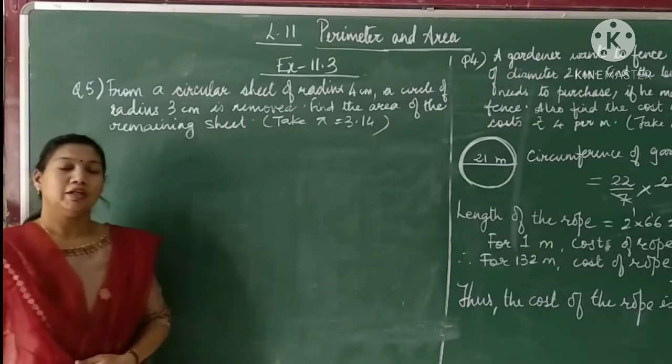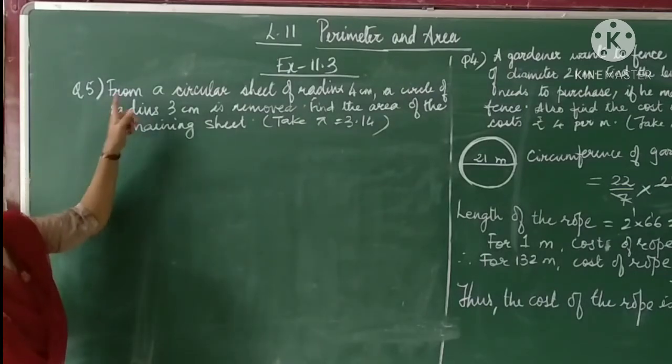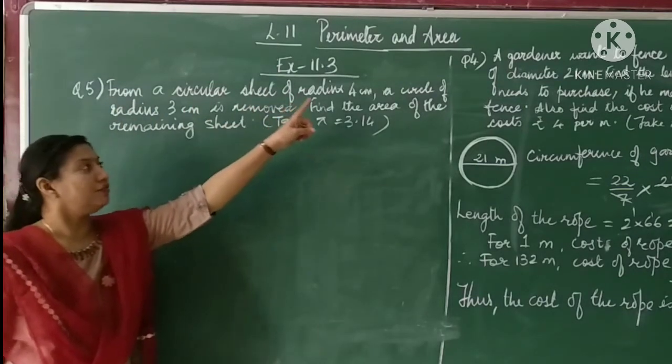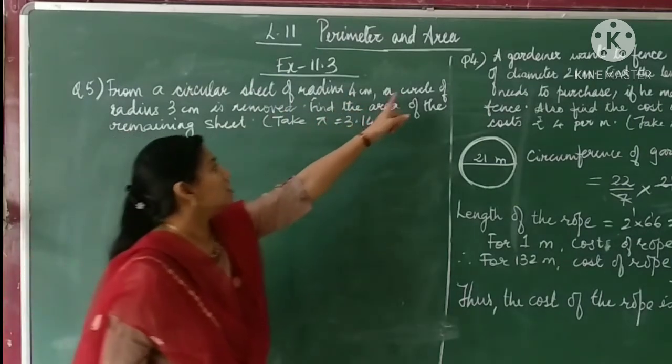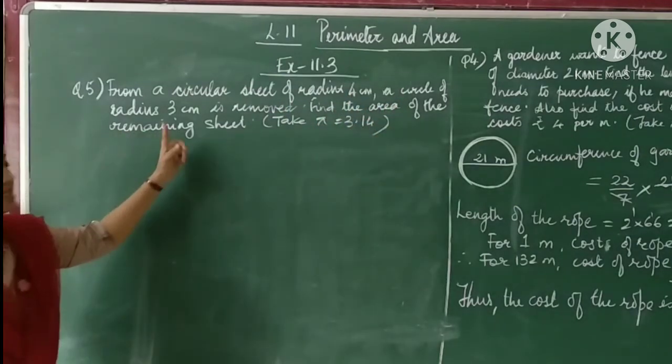Now, moving on to the next question 5. From a circular sheet of radius 4 cm, a circle of radius 3 cm is